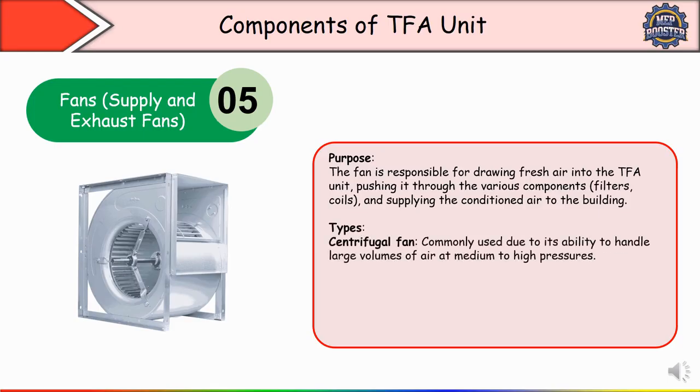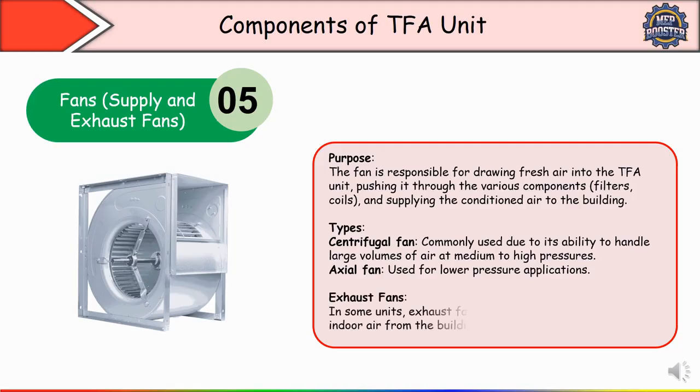Different types of fans are there, like the centrifugal fan, commonly used due to its ability to handle a large volume of air at medium to high pressure. Axial fan is used for lower pressure applications. Exhaust fan we are also using in some units. An exhaust fan may be used to remove stale indoor air from the building, making space for fresh air. Exhaust fan generally removes stale or used air from the building,